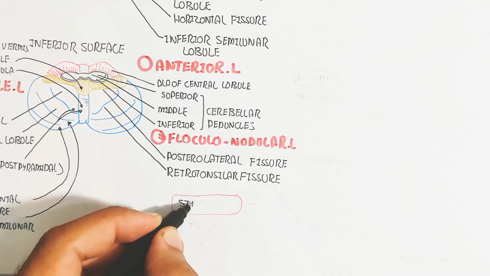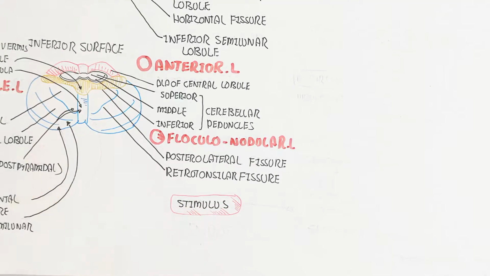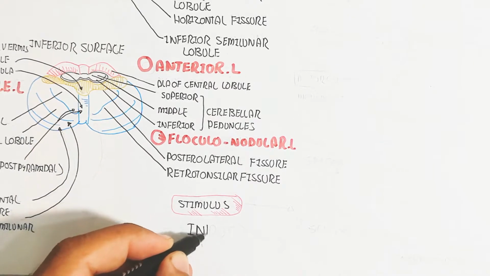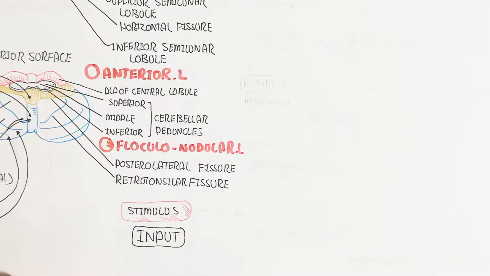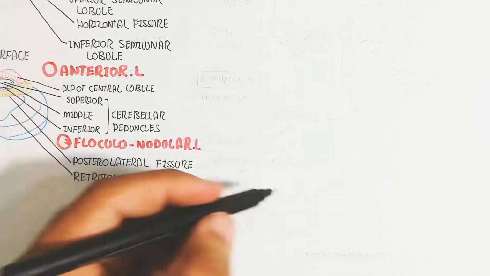So let's begin to understand from the stimulus. The stimulus is the input. When we provide the input as a stimulus, the vestibular receptors and proprioceptors, which are the sensory receptors,